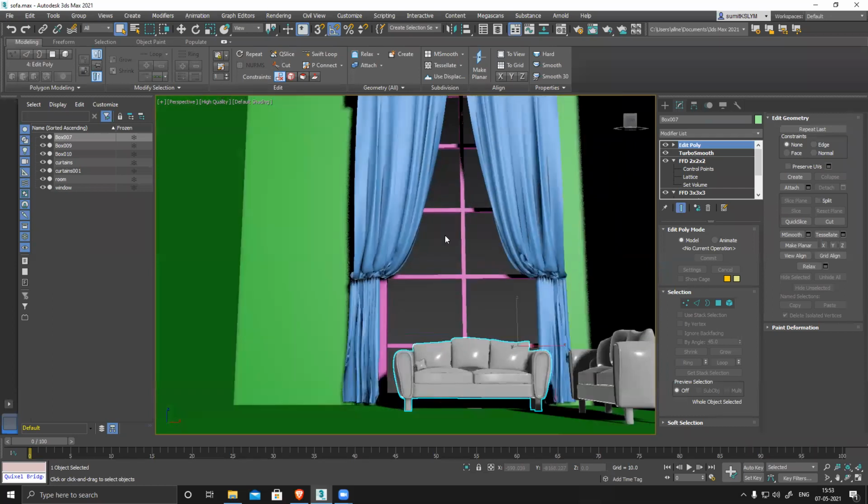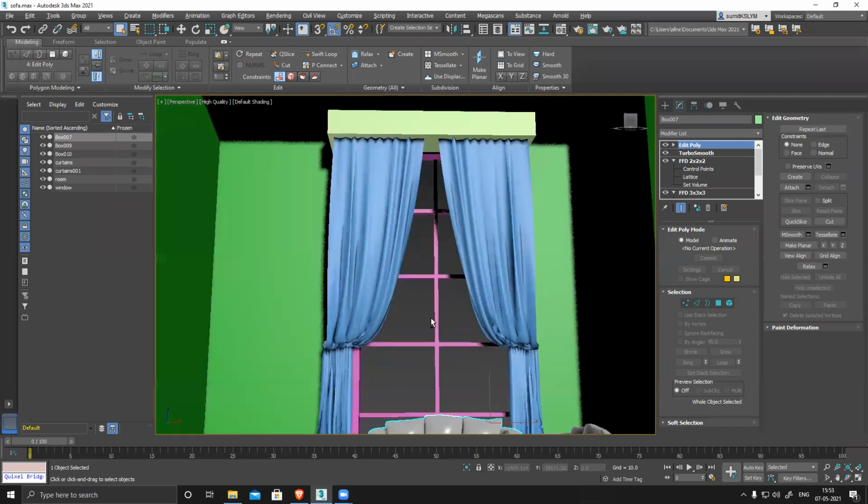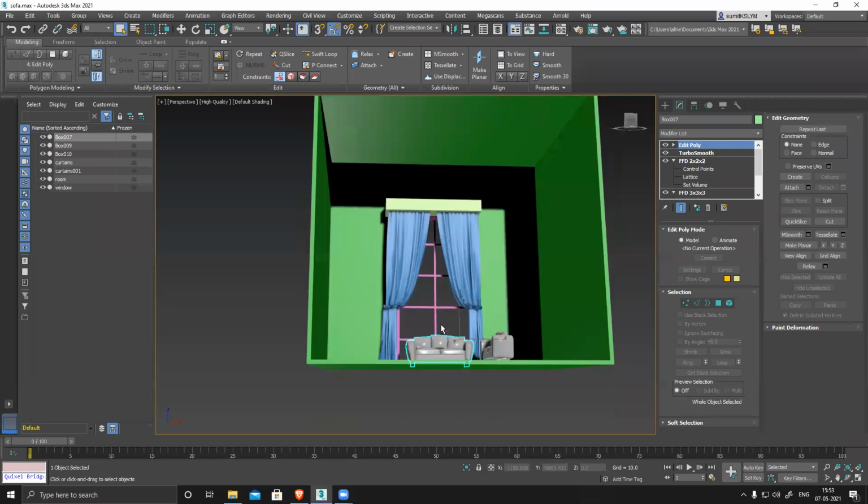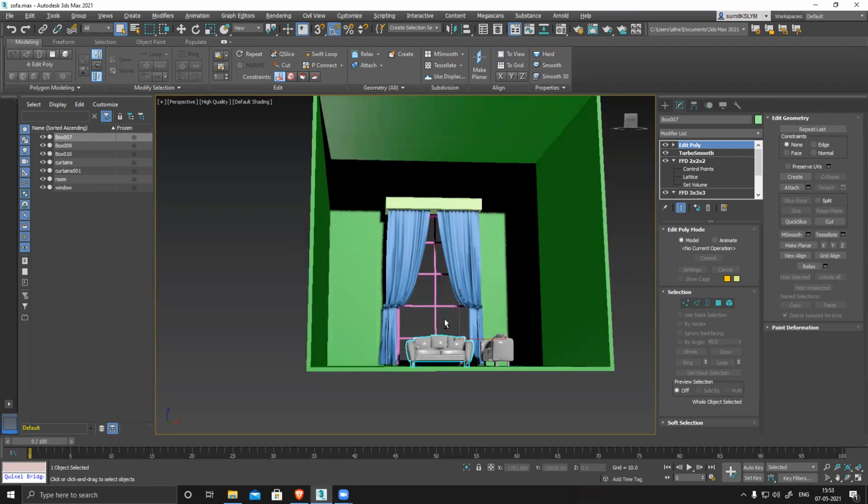So in next class I'll show you how to create curtains, because the curtains are not that straightforward, like you just create a box and simulate it. No, it doesn't work like that. You have to create a little animation and plus create this effect. So you need to use a bit of animation plus simulation plus modeling, all those things to create this kind of thing. It's pretty simple, but it takes a lot of techniques. So those things are explained.